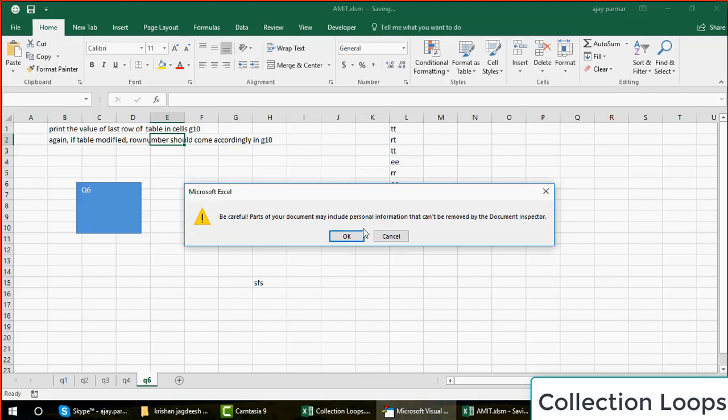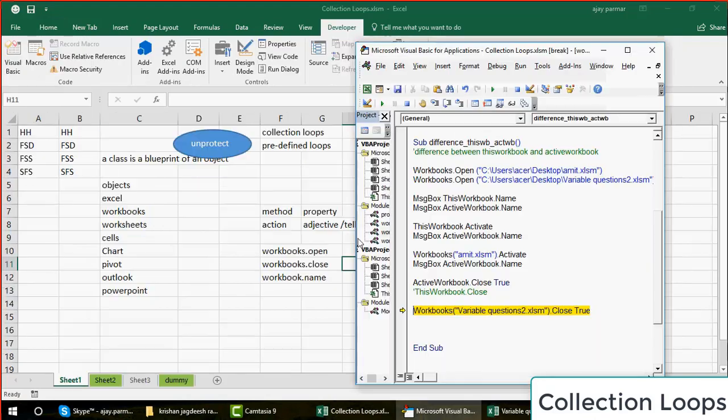Now this is not an error, and neither are you going to get it. This is something related to settings, but you see you're not getting any prompt asking would you like to save the changes, because I have said true. So the file will get closed with the changes saved. Now the question is, would you like to close a file which you have not activated? Yes, you can do that. You can simply write that file name, and if it is open, it is going to close. If it is not open and you have written that name, it will give you the error, the file not found, the path not found, right? So I go and close that, and you can see the file is even gone.